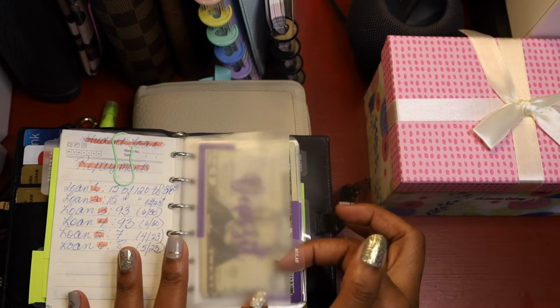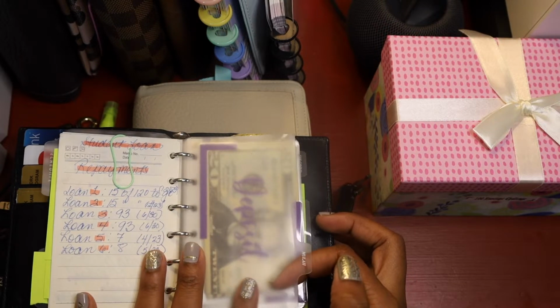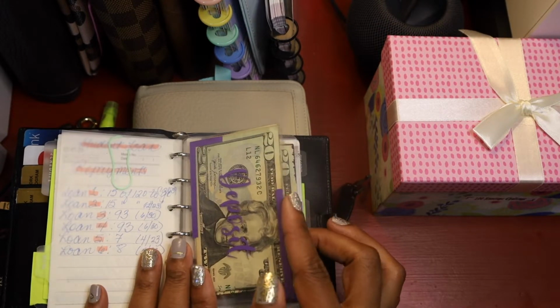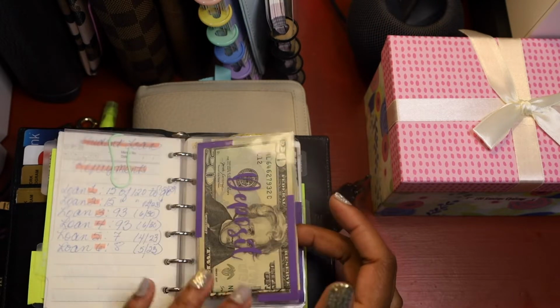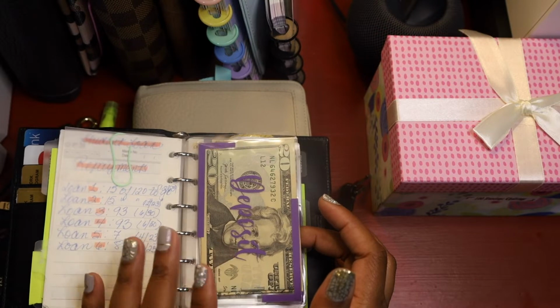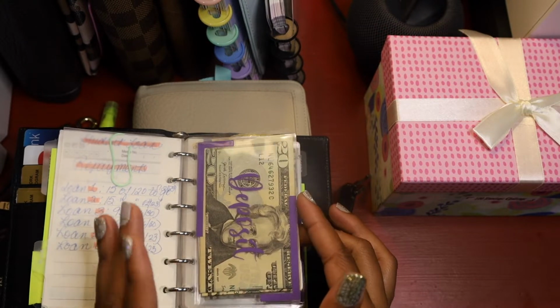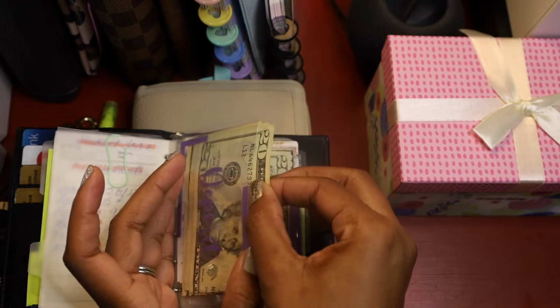In this next section, this one's called Moolah, and again it's from Cloth and Paper. In this section, these are where I keep a ton of cash. Some of the cash is my cash to play around with, others is not. So this one, deposit in particular, deposit is